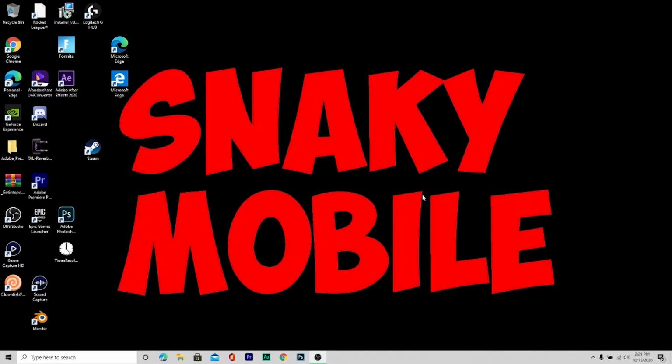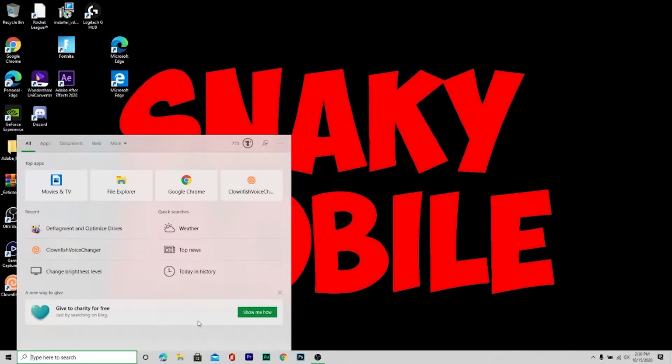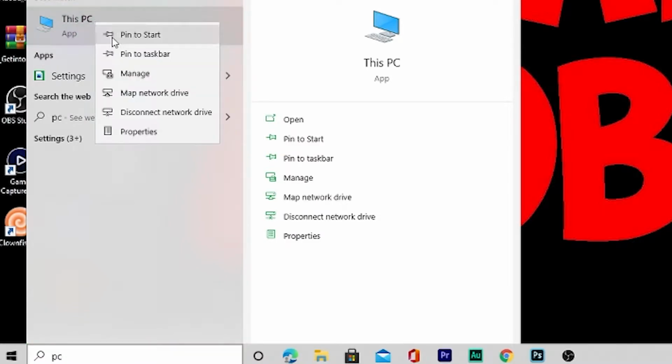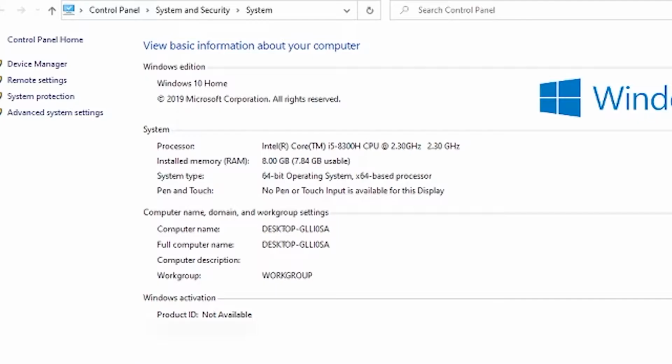The first thing you're actually going to want to make sure of is that you have a computer that is able to run OBS, which is the software that you record your YouTube videos on. So the first thing you'll need to check is to go to the taskbar at the left corner of your Windows. Go to PC, go to This PC, right click it and click Properties. Then it's going to show all your information